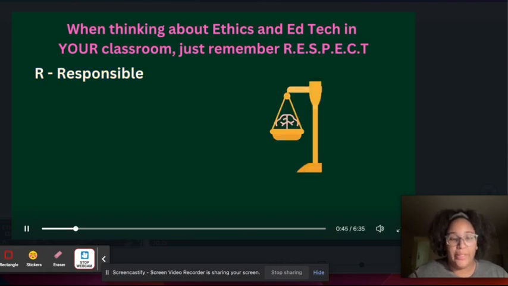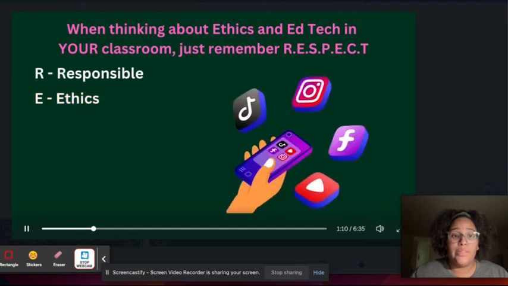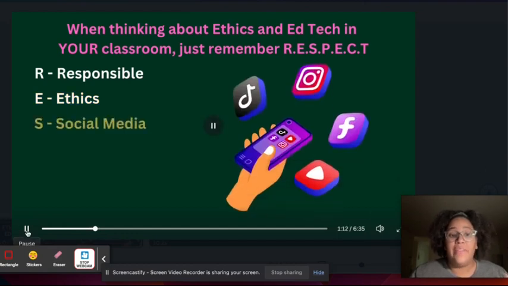The next thing we need to remember is that there are ethics. We have to remember and teach our students that they can't just take anything from any source and use it. There are royalty free things that the kids can use, and we need to make sure that we're teaching the students how to look for royalty free music, photos, and things of that nature, and how to effectively use that when we're doing our lessons.